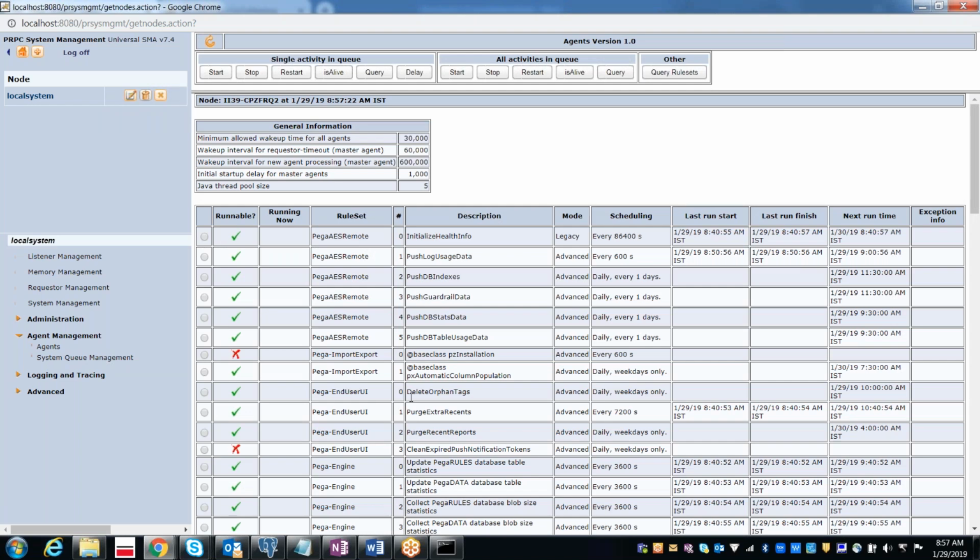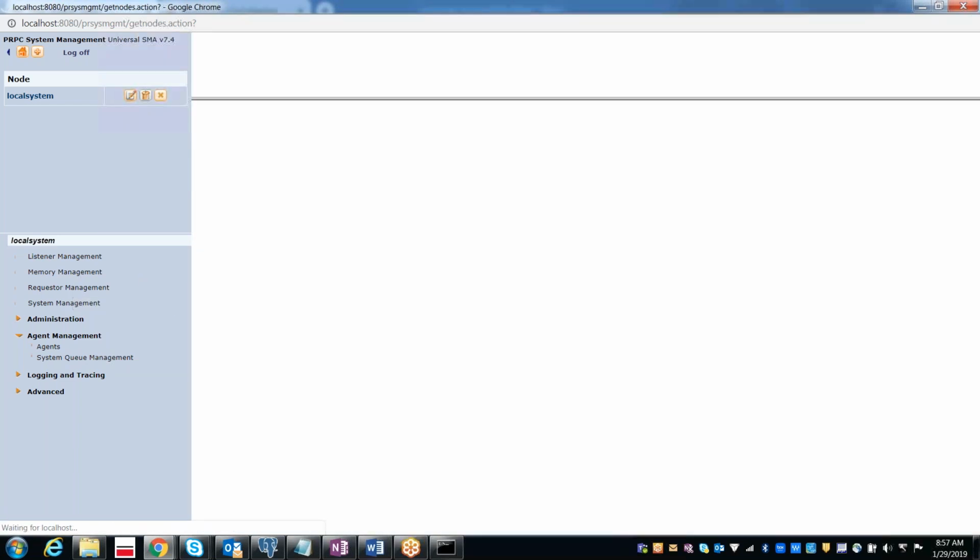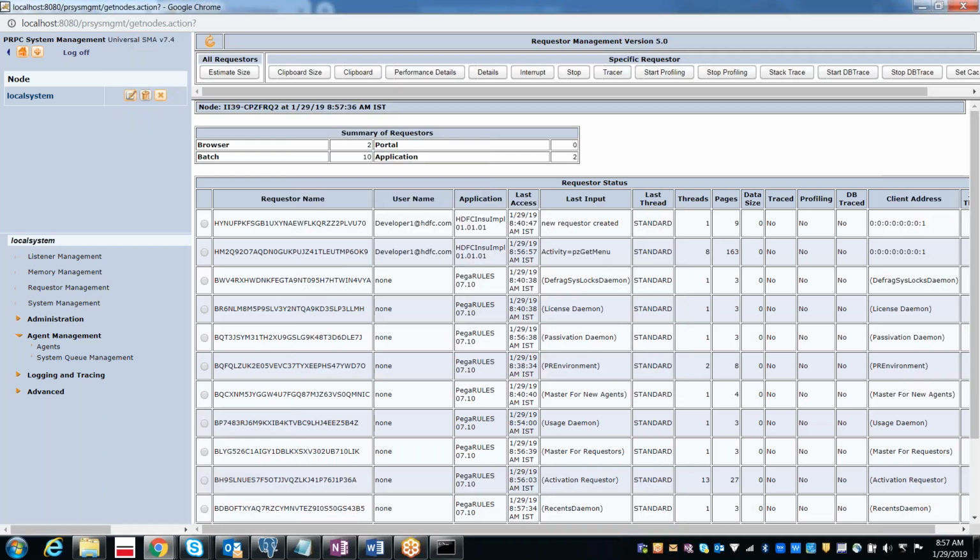Along with the agents it is showing, we also need to know about the requester management. So what is the requester management? Can someone tell me? What do you mean by requester? Did we ever discuss the requester?